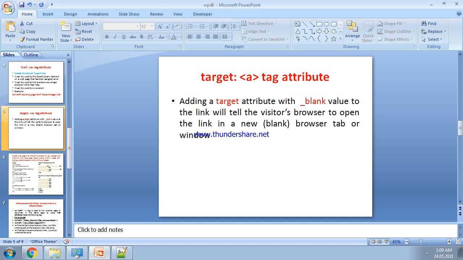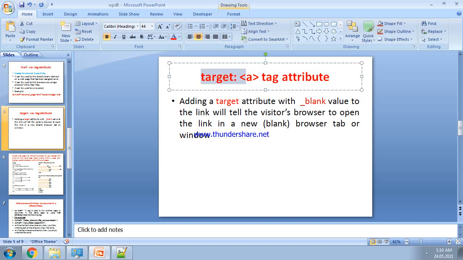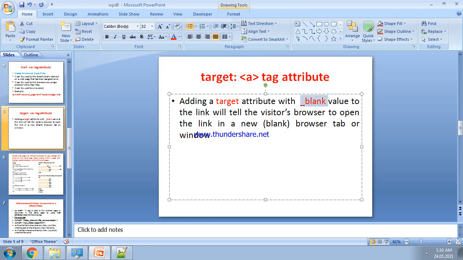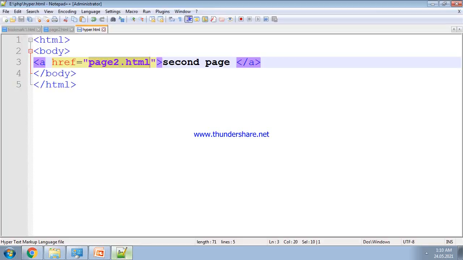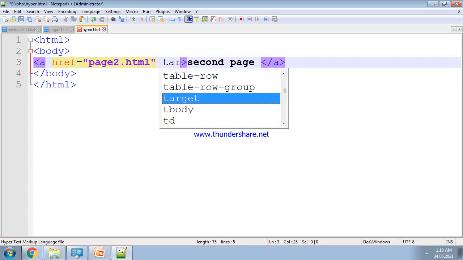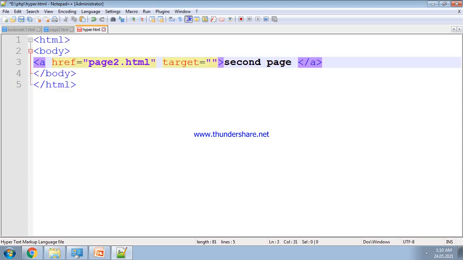Now the next point. The second attribute of the anchor tag is target. If the target attribute has the value _blank, then the page will be opened in a new tab or new window. In this example, when we click the second page, it opens within the same window. But if we have to open it in another tab, we give the attribute target with the value _blank.